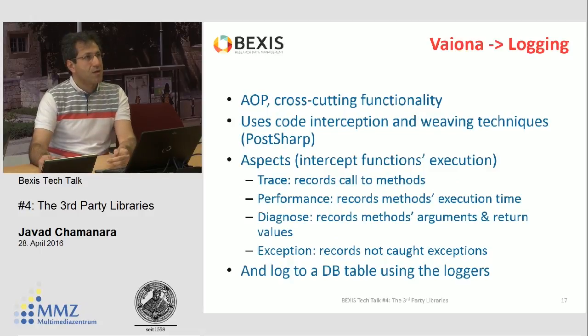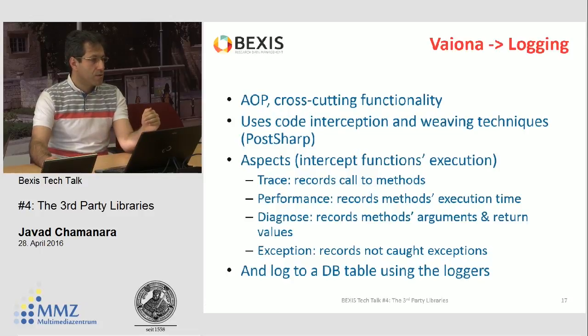So with the logging, we are using AOP, or aspect-oriented programming, for cross-cutting functionalities like measurement, diagnosis, logging, exception capturing, and so on. It is based on PostSharp code interception. So PostSharp actually helps us to intercept the entry points and exit points of the functions, and then with this